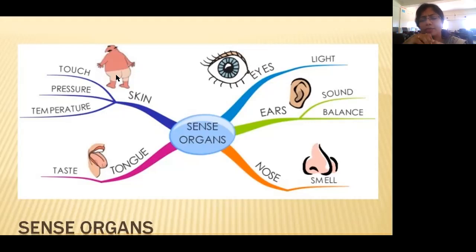What different tastes do we have? We have salty, we have sweet, we have bitter, we have sour. Now, what is bitter? Your medicines are very bitter, right? When you have your medicines, you feel like puking them out because they taste bitter. You love chocolates and ice creams. Why? Because they have a sweet taste. You love munching different snack items because they are salty.